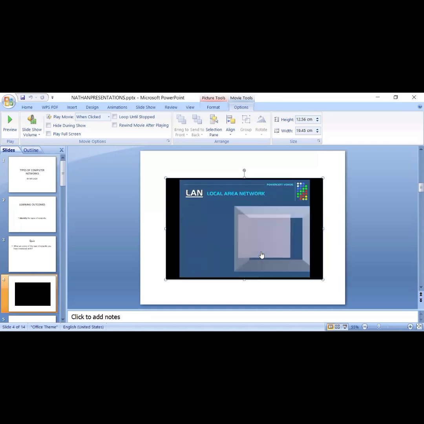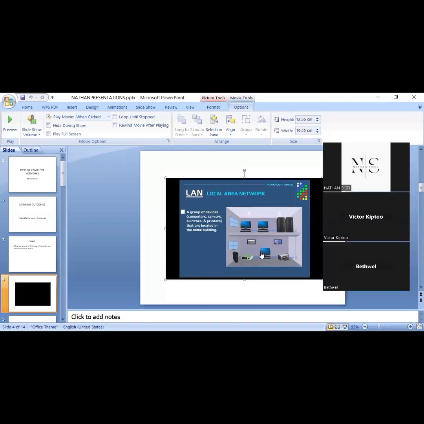And the next type of network is a LAN. Now, LAN stands for Local Area Network. A local area network is a group of devices such as computers, servers, switches, and printers which are located in the same building, such as in an office or in a home. In other words, in close proximity to each other. The most common type of LAN is an Ethernet LAN, where two or more computers are connected to Ethernet cables